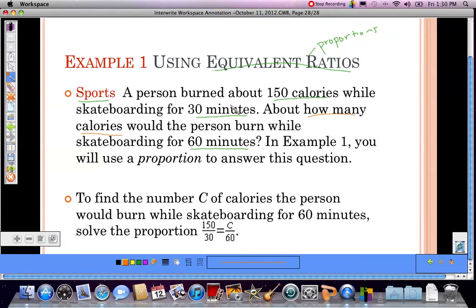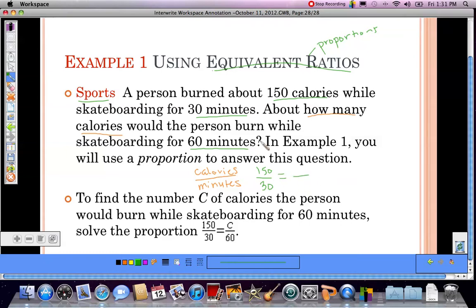Let's think about the units that we're comparing here. We are comparing calories compared to minutes. Because calories came first in my word problem, that category needs to go in the numerator's position. Minutes came second, so it will go in the denominator's position. And now all you have to do is fill in the appropriate numbers for these categories. You burned 150 calories in 30 minutes,